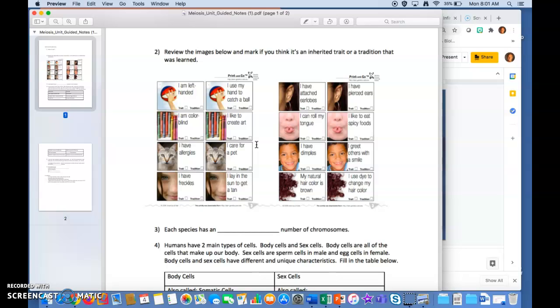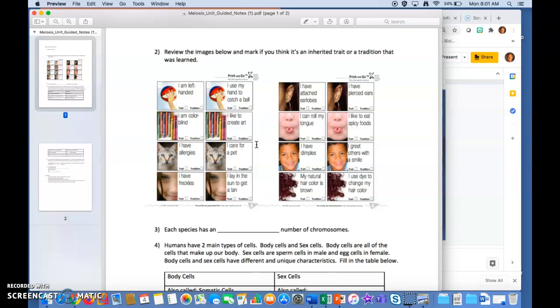So the first one on the upper left, I am left-handed. If you're left-handed or right-handed, do you think that is a trait that you gained from your parents, or is it a tradition that you learned? That's kind of a tricky one because people can be ambidextrous in both, but usually if you are right-handed, that isn't a genetic trait that you inherited. Same with